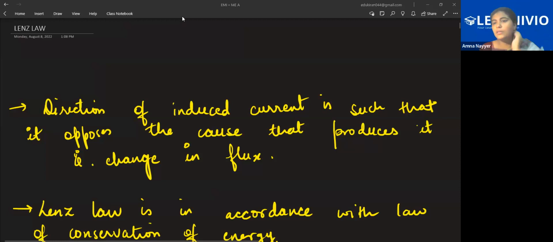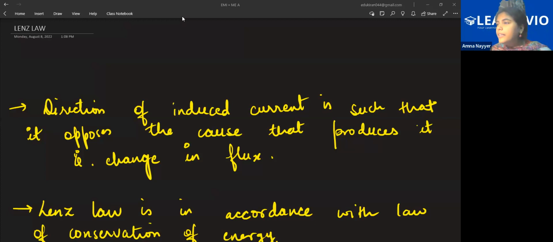Okay class, now the next topic is Lenz's law. When we were discussing Faraday's law, at that time I told you that we have E is equal to minus d phi over dt. So the minus sign was left to be discussed, and I told you that we'll be discussing it in Lenz's law. So what exactly is Lenz's law? Lenz's law says that